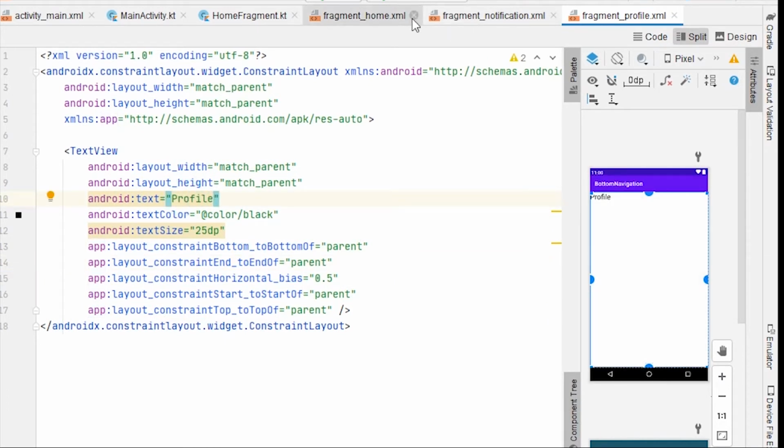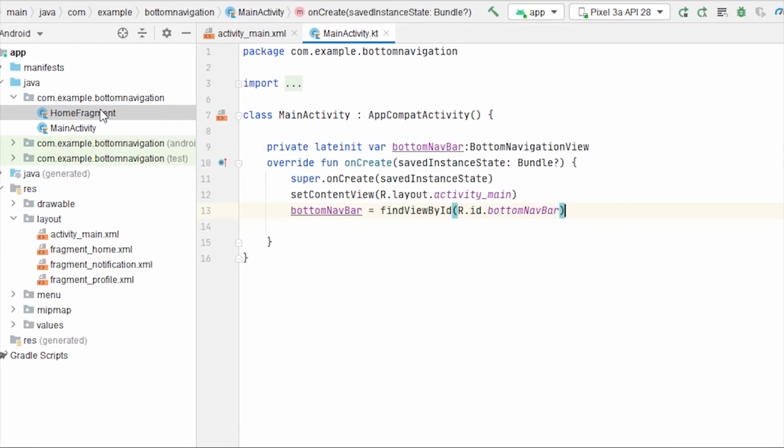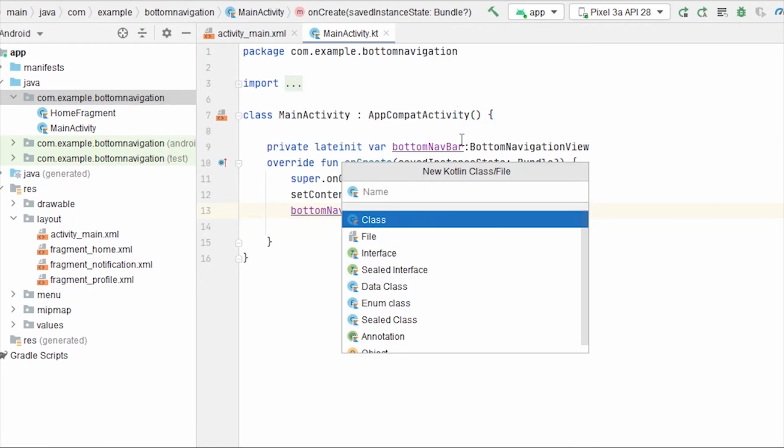So close all the layout files and open. We have done with the home fragment, so let's create Kotlin file for remaining fragments. So notification fragment,